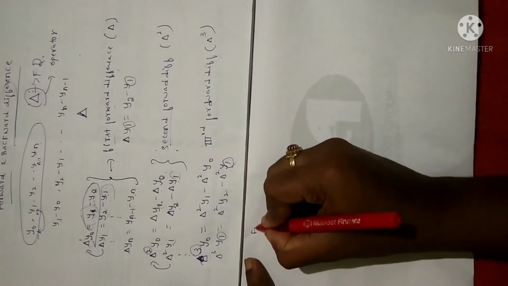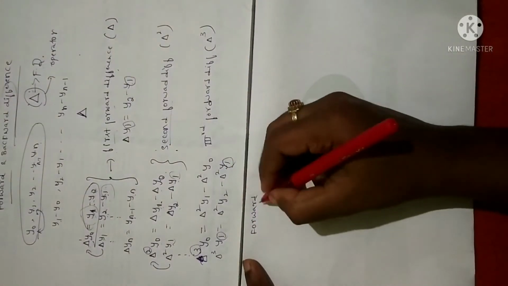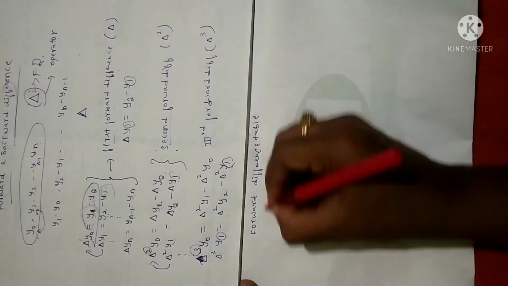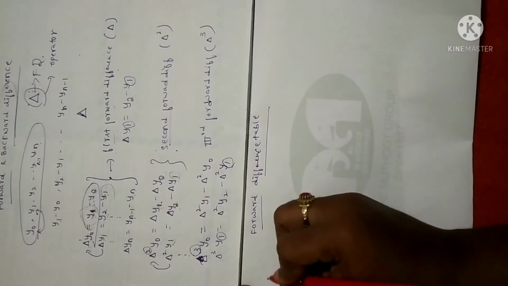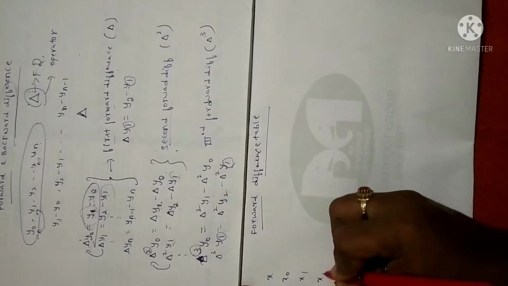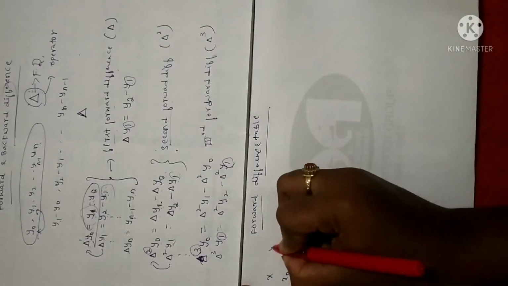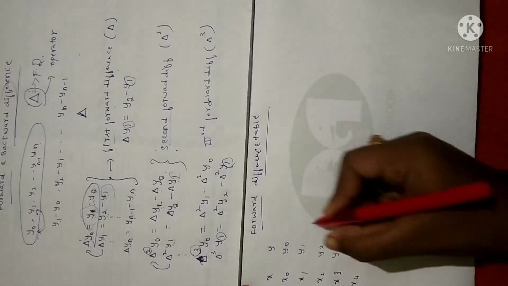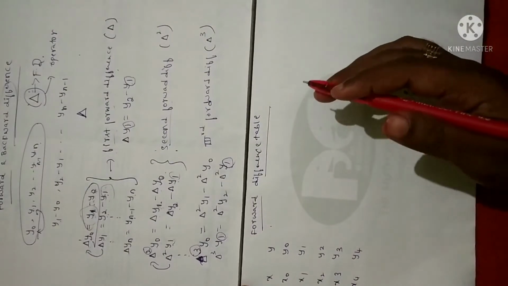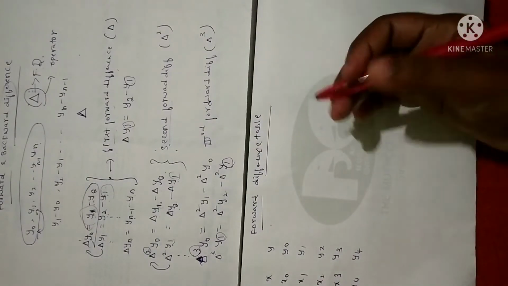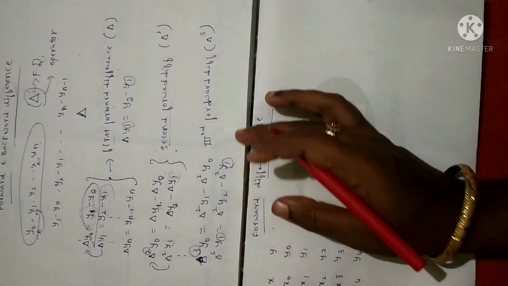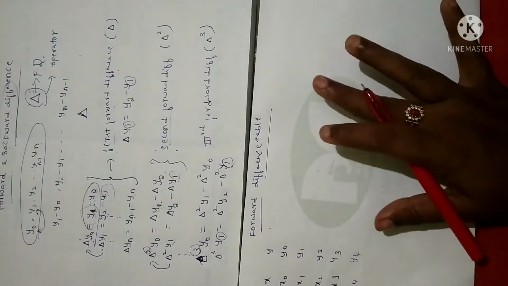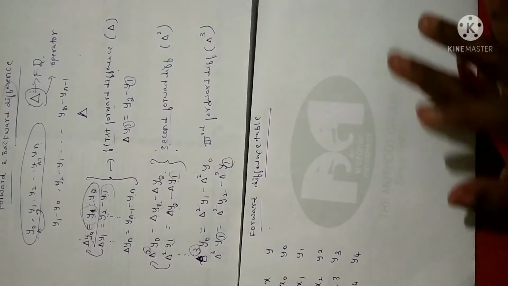Now let me construct the forward difference table. Whatever I have explained, I am going to represent in a table. So suppose a set of x and y values are given, let me take x values as x0, x1, x2, x3, x4, and y values as y0, y1, y2, y3, y4. What I'm trying to say is, you just observe the concept carefully. Why? Because the backward difference table will be exactly the reverse of this forward difference. So please make sure that you are clear with this concept, then only you skip the video.